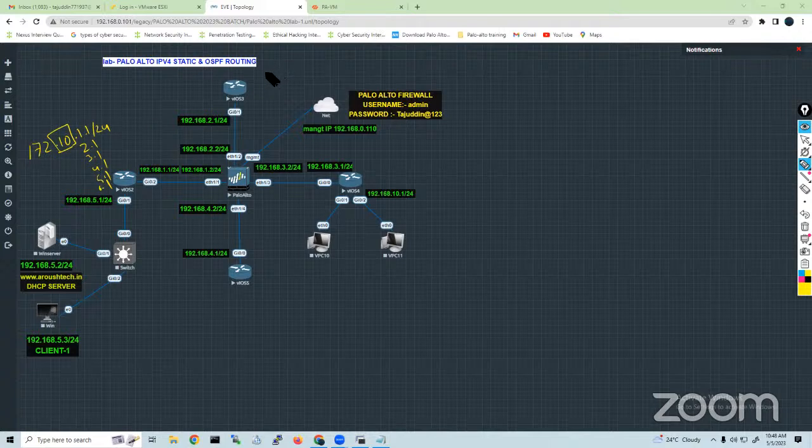Same for router 2: 172.20.1.1/24, same 2.1, 3.1, 4.1, and same thing here 30.1. Same thing, 172.30.1.1. Let me erase this. So how has he configured? 172.30.1.1. Why am I writing this? Just to avoid